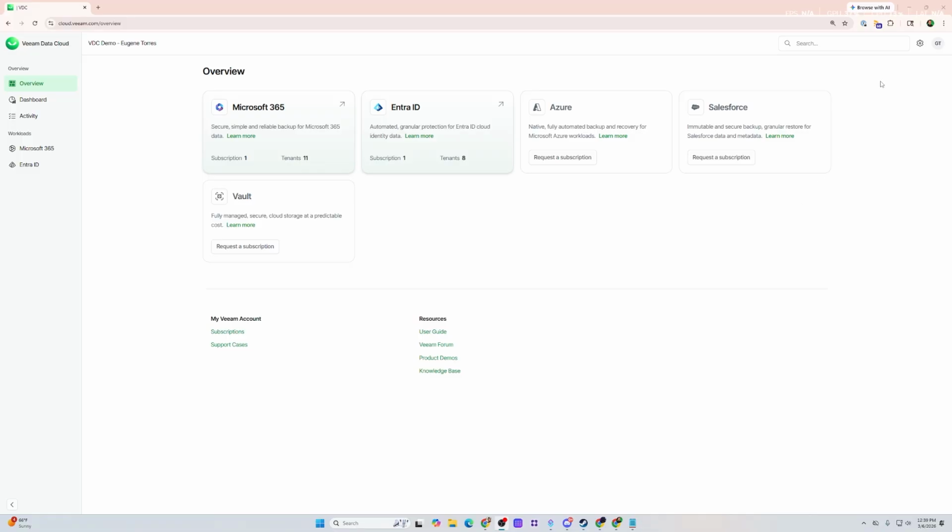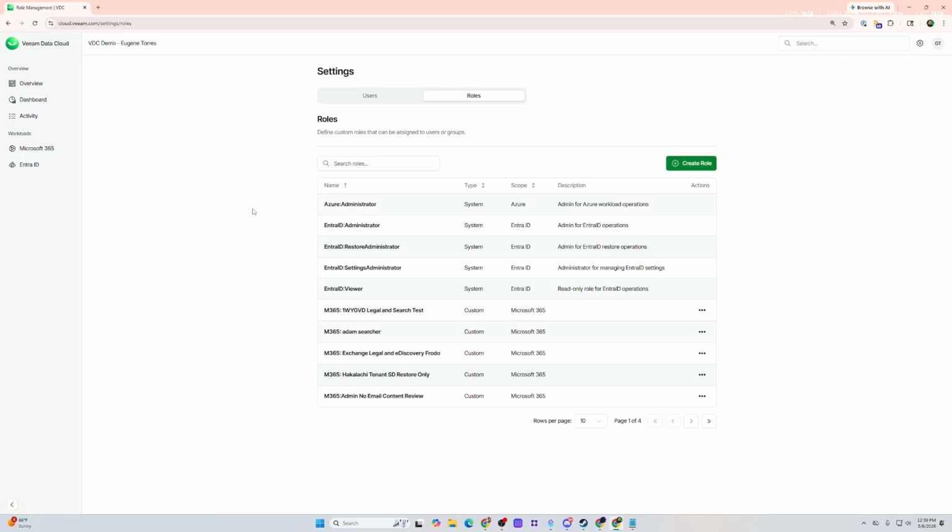Now, in order to do delegation, especially at the scale that we are providing a platform for cloud-based protection, it makes a lot of sense for all the permissioning and all the delegation to be controlled at the top layer, which is the page we're looking at here. In order to manage that, we're going to click on the cog icon and go into roles. And from here, the first thing we'll see is there are some system roles that have been created